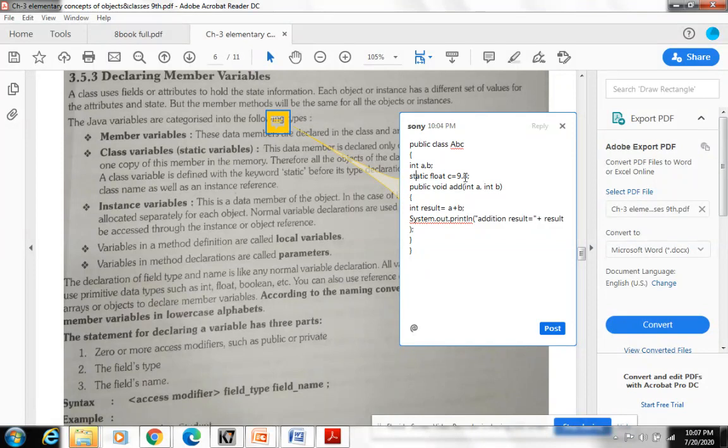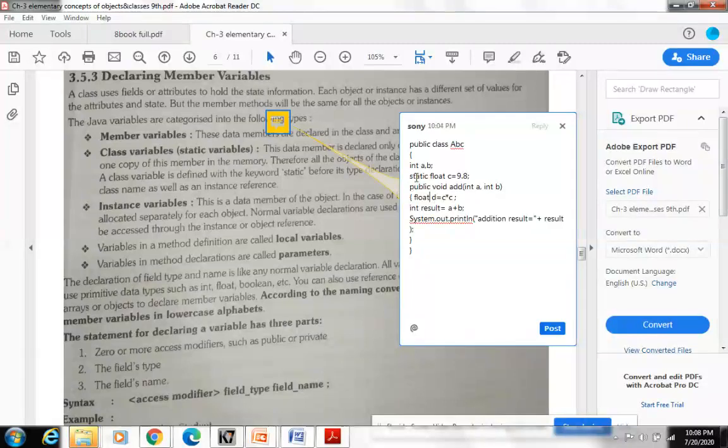If any object wants to use the value of C, suppose I am writing inside the method int b is equal to C into C. So we will not put the value of C because we have already given the value 9.8 to C. It will fetch itself automatically and calculate the result, that is 9.8 into 9.8, and it will be given to D, or we can define it here as float because my value is 9.8, that is a float type. So it will calculate 9.8 into 9.8 and will be held by D as result.